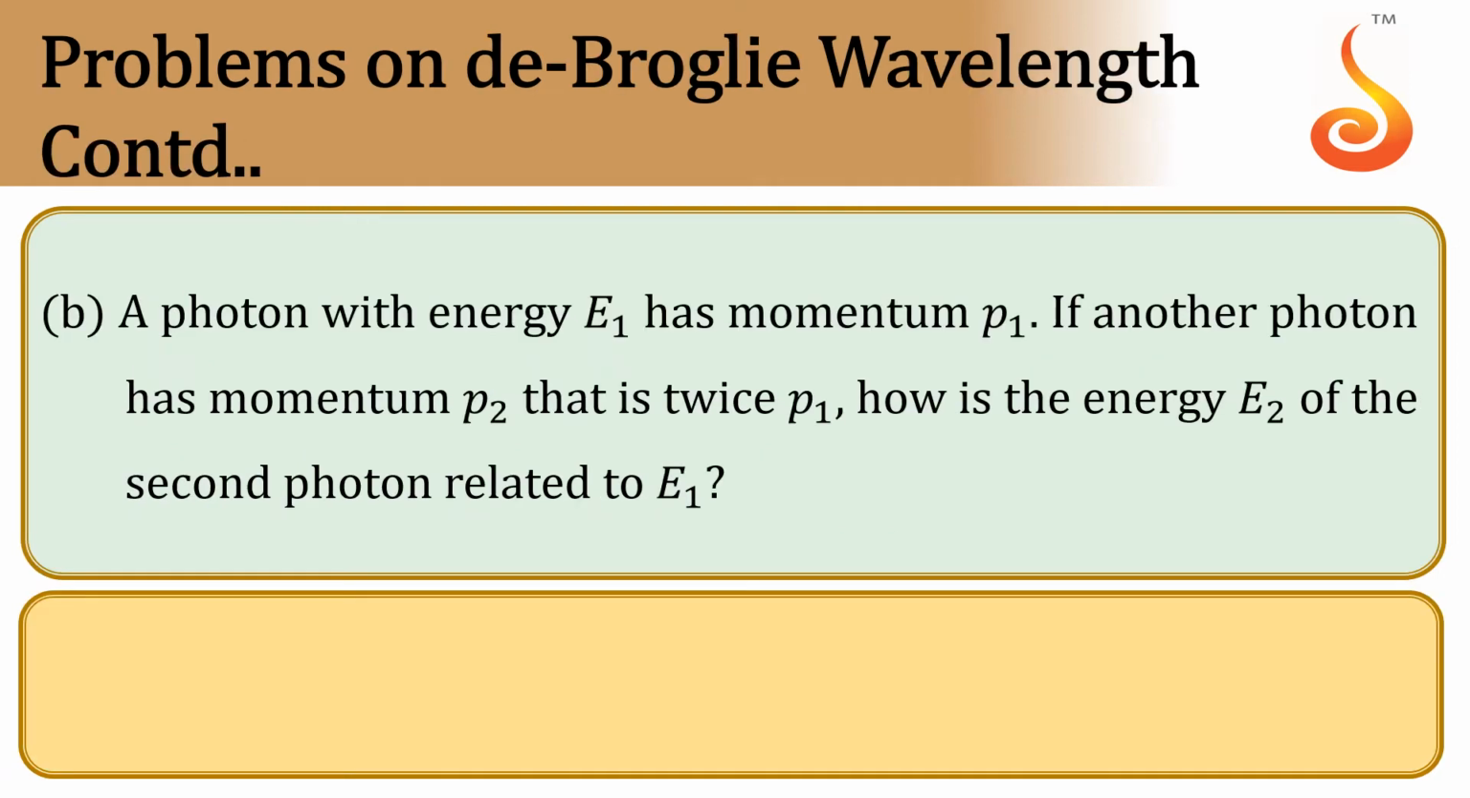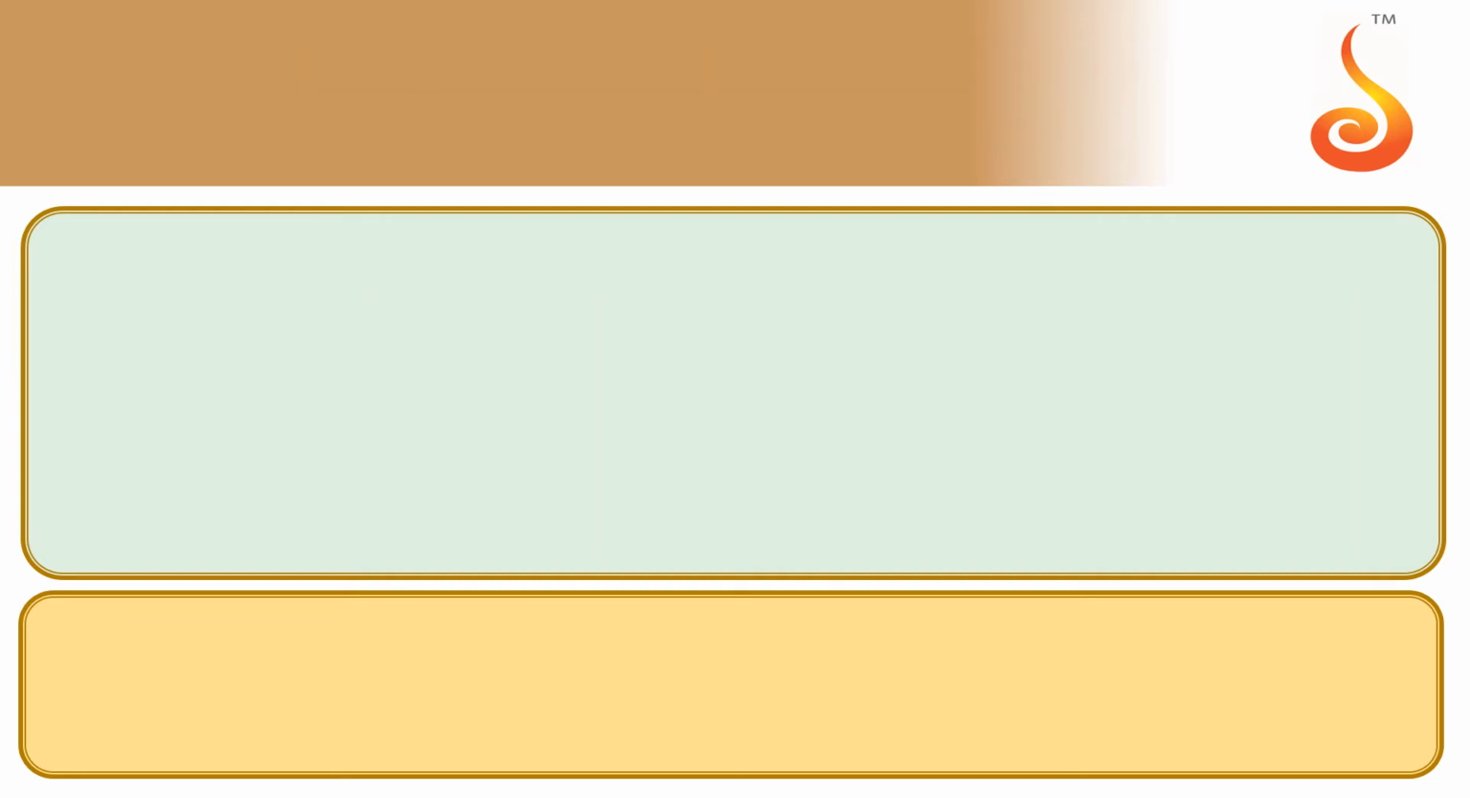And option B, a photon with energy E1 has momentum P1. If another photon has momentum P2, that is twice P1, how is the energy E2 of the second photon related to E1? So let us solve this. So in option A,